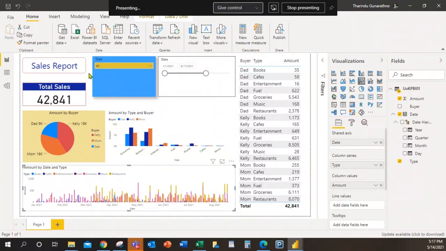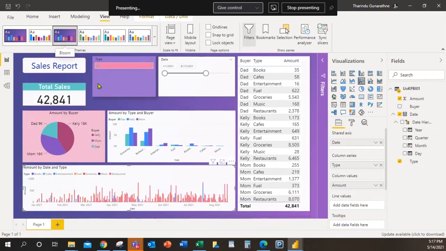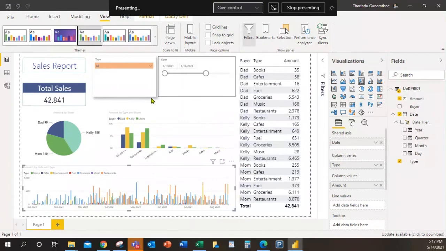Now I'll show you the features that you can use, like themes. Under view, you can apply a theme like this. See, it will apply that color to each and every component automatically. It's very interesting.